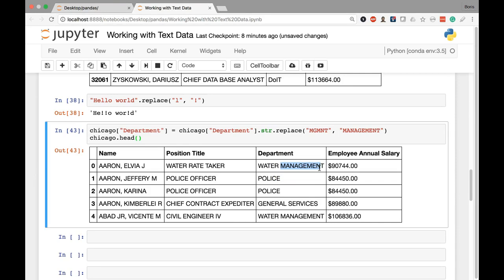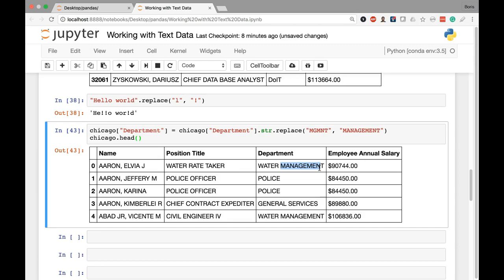Let's do another example. This will be a fun one. Let's finally get to work converting our employee annual salary column to floats. Of course, when we have something like strings, that's not the best format because strings are just a bunch of characters to pandas. So all of our mathematical methods like sum or mean or std go completely out the window. So it's best to store a column or a series in the data type that allows for the most flexibility. And in this case, it's going to be a